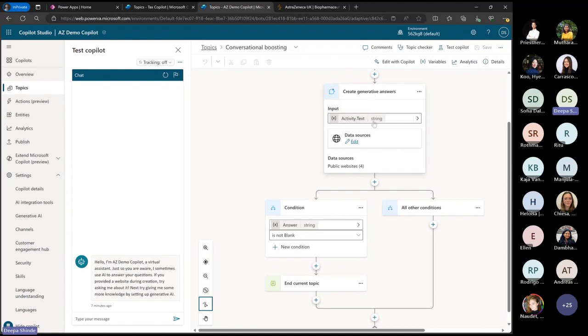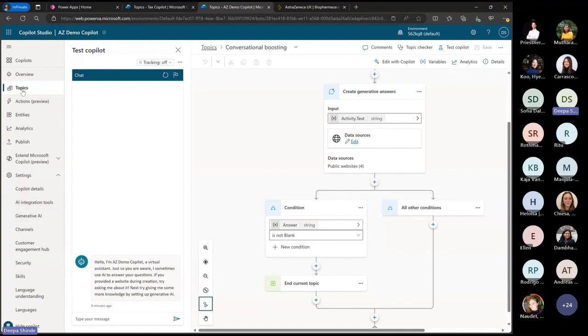So look at what it is doing. It is looking at the data sources that you have given to this Copilot, which are the 4 websites that I talked about in the beginning when I was showing the generative AI piece. It will get answers from these 4 sources and then give the answers back to you. So that's what it does in a nutshell.